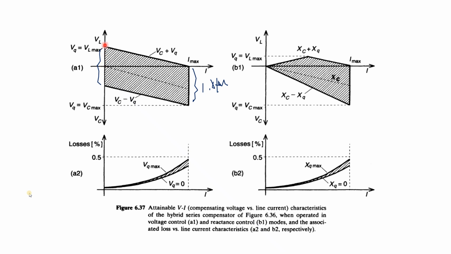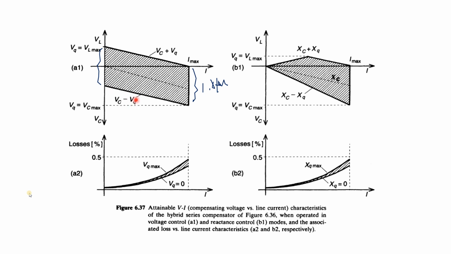So for the inductive part, you can see the inductive, and this is the VC, the fixed capacitor voltage. Fixed capacitor voltage is added, and the graph is like this. So the voltage is decreasing with respect to current as the capacitance is more. If the capacitance is more, then the capacitive part will be more, inductive part will be less, because the maximum current will be obtained in the capacitive part, because inductive part is almost 0.